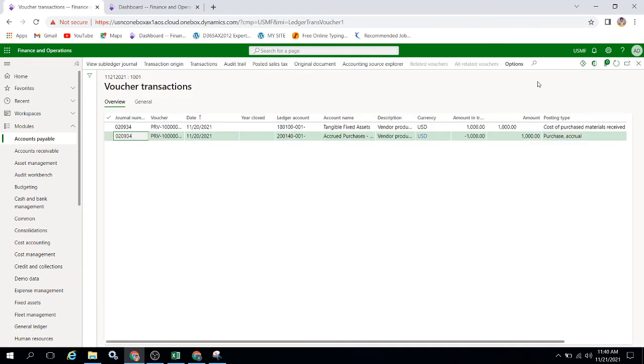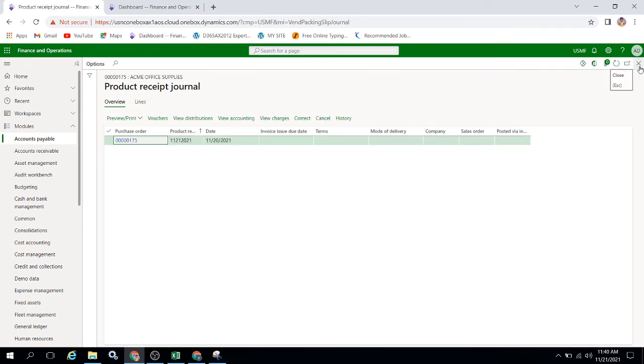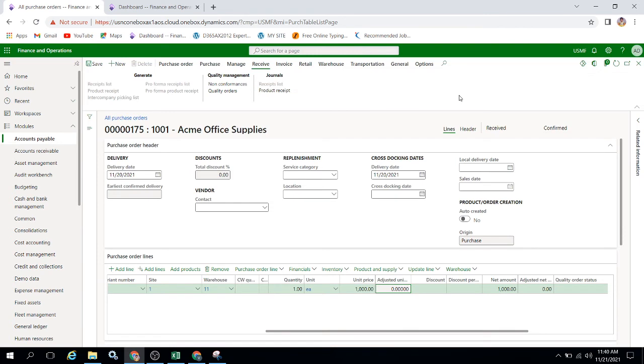No. Why? Because charges will post at the time of invoice. Once we receive the invoice, only then will we get to know how much they charged for the transport purpose.